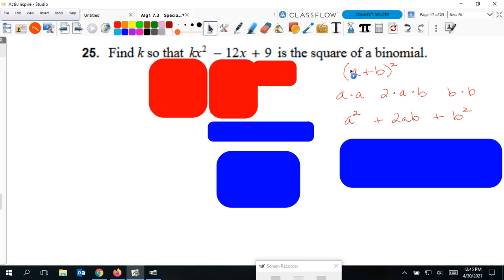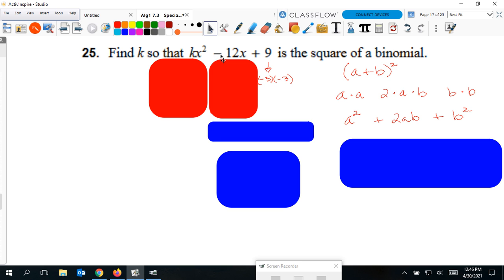So the square of a binomial is like a plus b squared, and we're going to do this, a times a, 2 times a and b for the middle one, and then b times b for the last one, would give us this. Well, we're trying to now find what number should be in front of this x squared here. What number should that be? So what we know is that from the 9, like the b squared, that's b times b. So what times itself is 9? 3 times 3. So it's got to be 3 times 3, and it's got to be negative 3